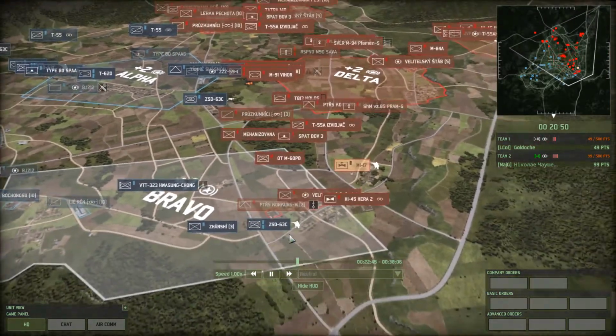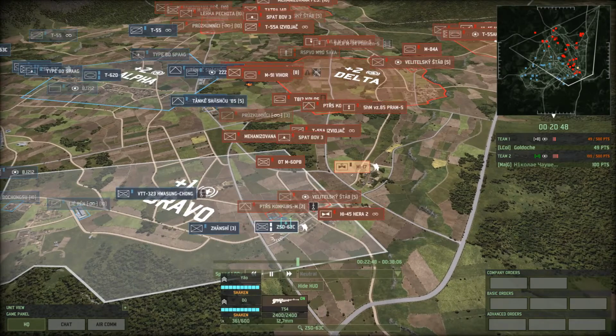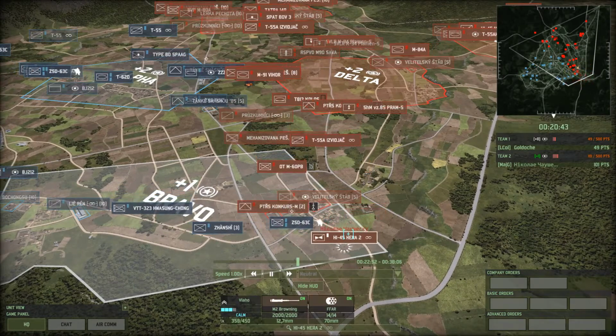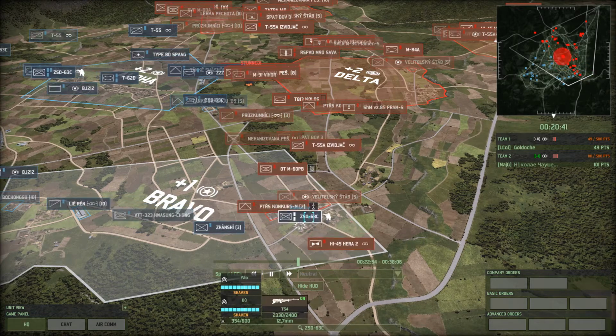Okay, so Goldoche is pushing here. Conqueror's out of ammunition. Oh, Hera 2 flies within range of the 50s. That's probably going to put the hurt on it. Okay, yeah, this is your...